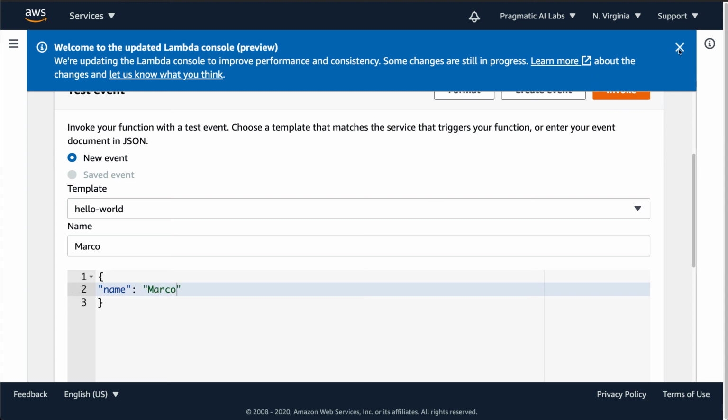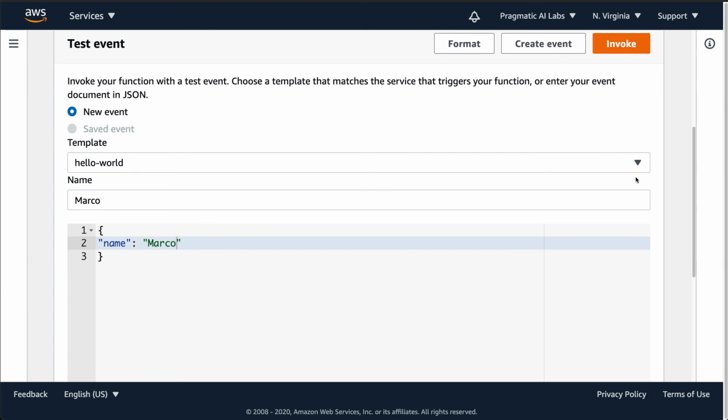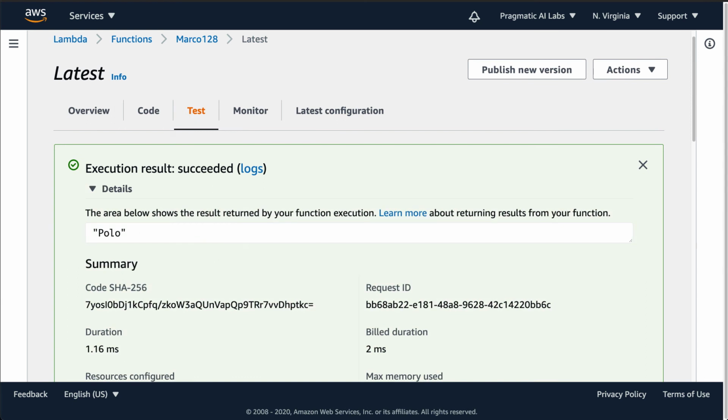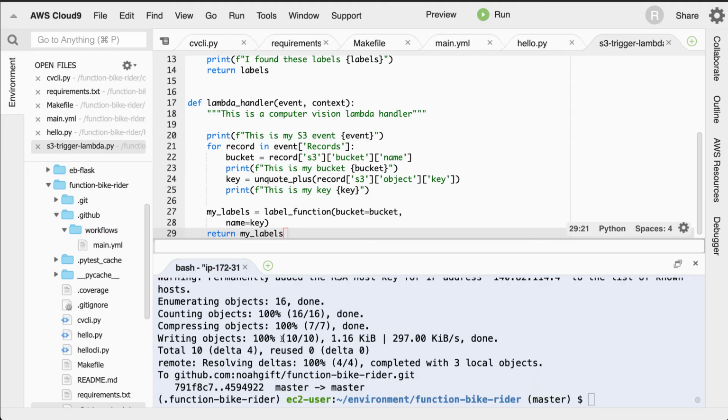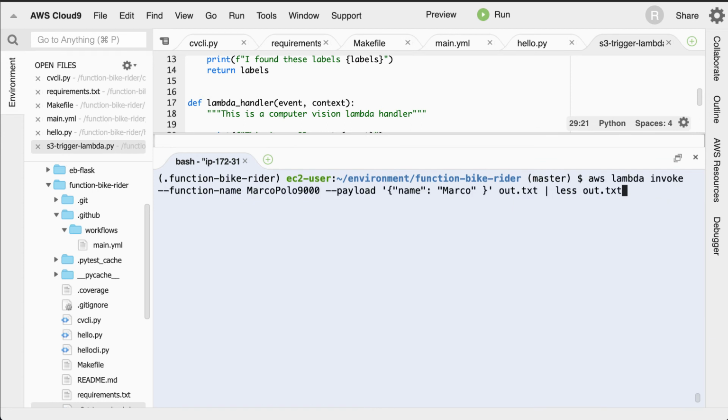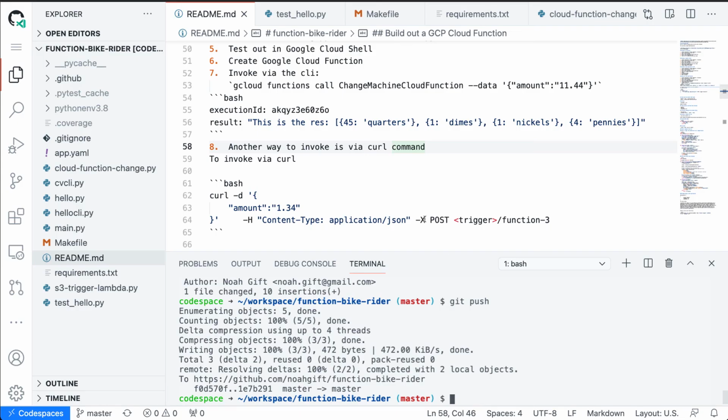But even more, it would be nice to be able to invoke that from other spots, right? So we see that, there we go. It played around with what we did, and we were able to test it. But even further, what if I could invoke it from a terminal? Well, you can. So if I go here and I do this, in this case it was called Marco 128. I also can invoke this by putting this payload in, just like this, and then I just tell it this command. So I'm going to put this command in as well into our README file and say